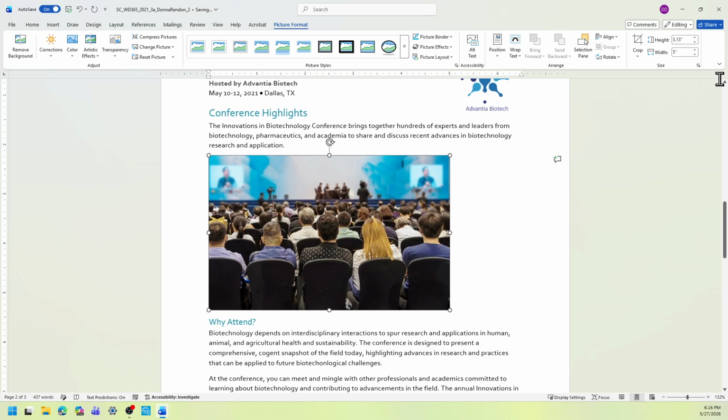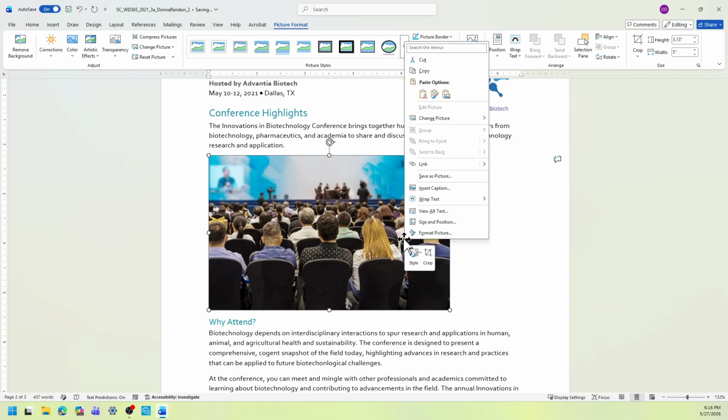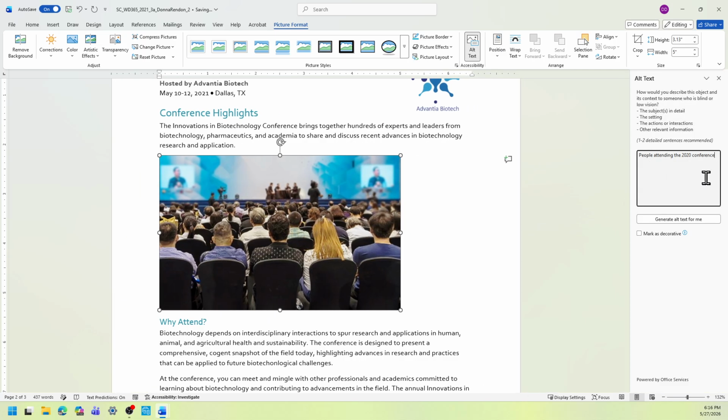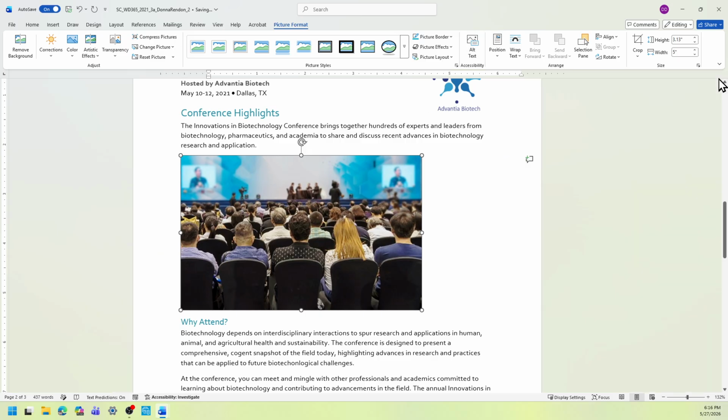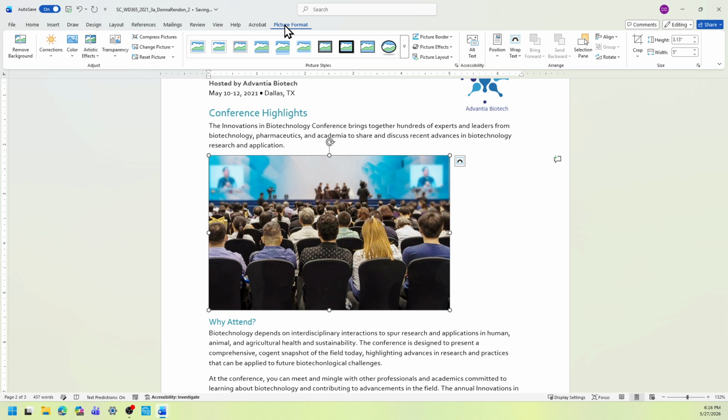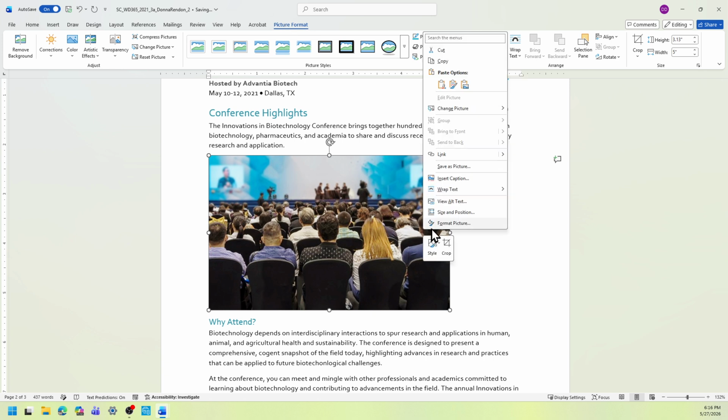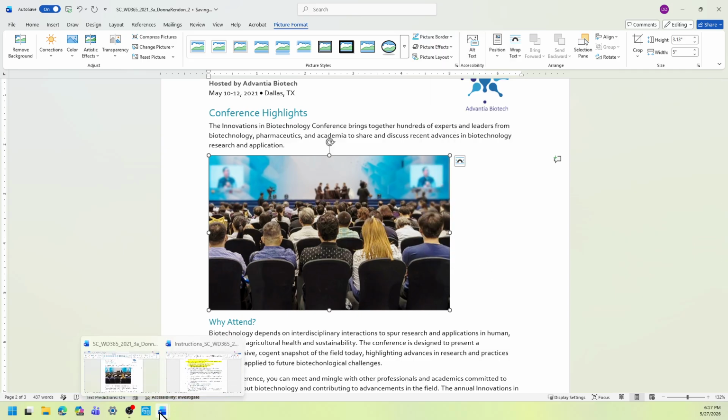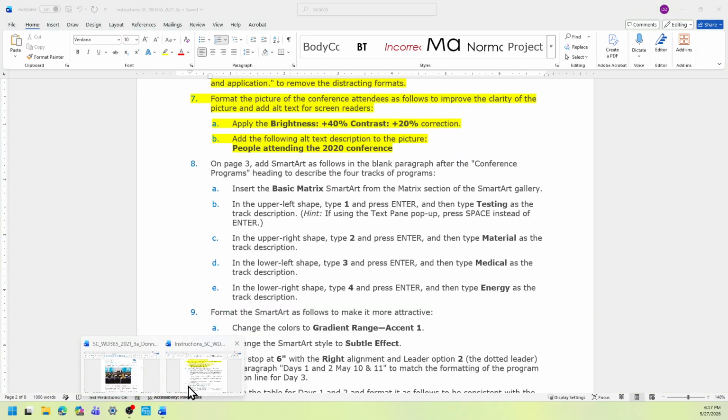Click X. The other way to add the alt text is you can right click here and then look for the view alt text to open the menu, and it's there. Again, you can type that. So there's two ways. From the picture format tab, select alt text, or right click and select view alt text. Okay, back to the instruction.